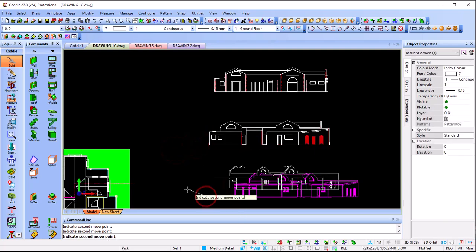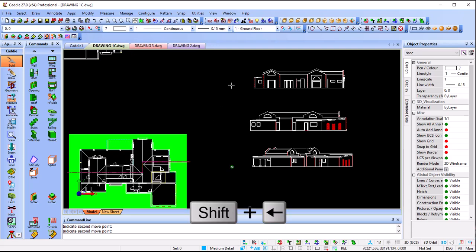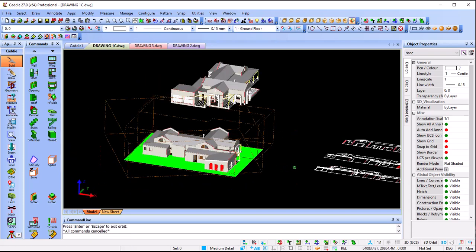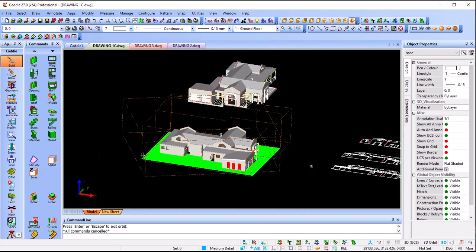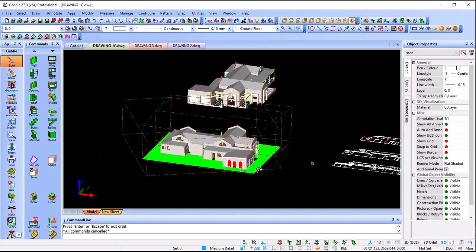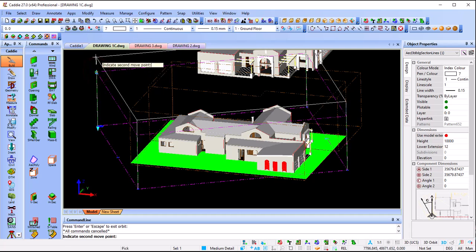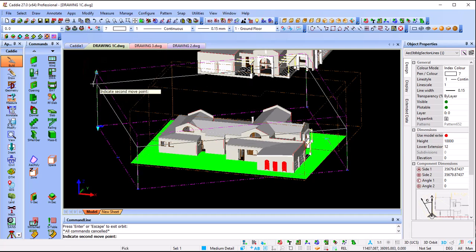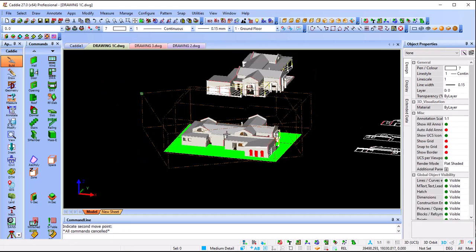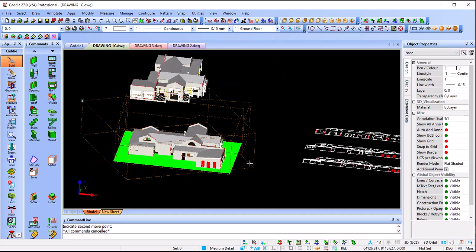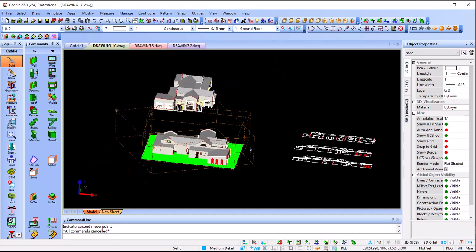You'll also notice that if I go back to my model, now I can make use of shift and left key, or I can make use of my orbit command, and now you will get what we call the boundary boxes of each and every section. Now, remember what I said earlier, the first time we used the command, it was set to 10,000. So as soon as I select the boundary box, you will see that you will have grip points that you can extend if you want to increase or decrease the height of your elevation or your section. So all three of my elevation sections are done with the same height, and each one gives you an exact preview of what it covers in that particular view.